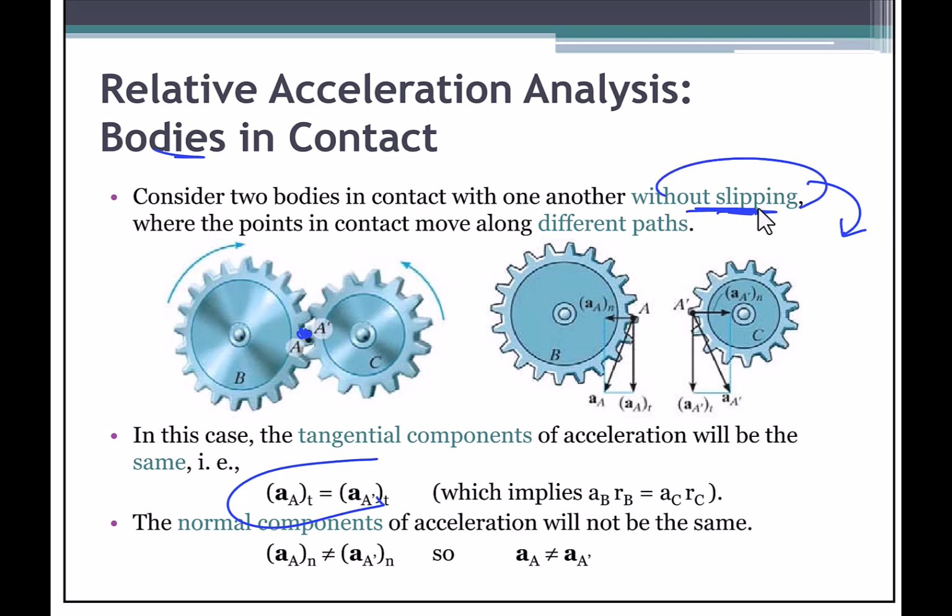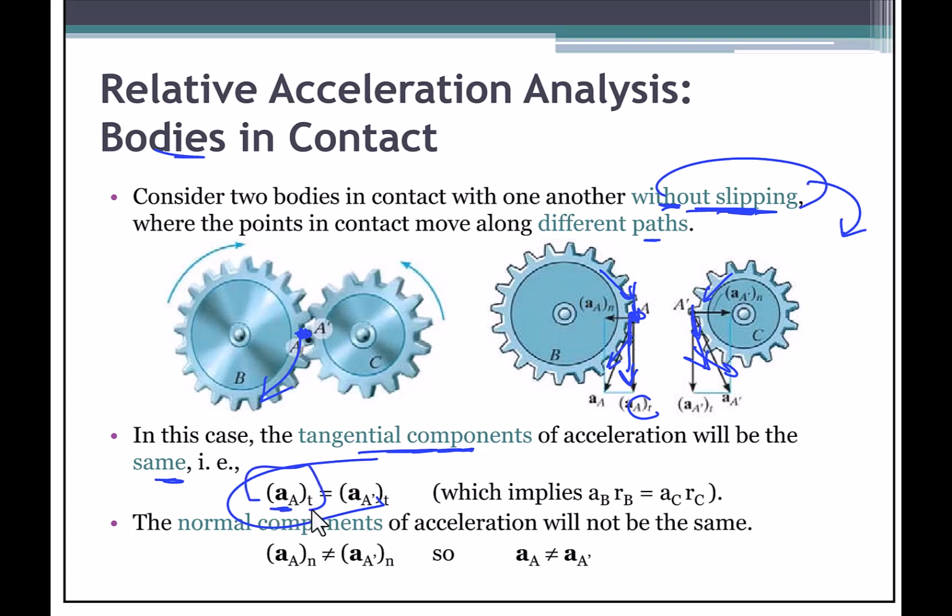I might ask you in an exam or a quiz what this means, what exactly. Where the points in contact move along different paths. So this point A is moving this way and that way, and this one is moving this way. So they diverge somewhat, but instantaneously they are the same. They have the same thing at point T. We notice that this one changes direction, goes from this direction to this direction to this direction, and the other goes the opposite way. So in this case the tangential components will be the same,